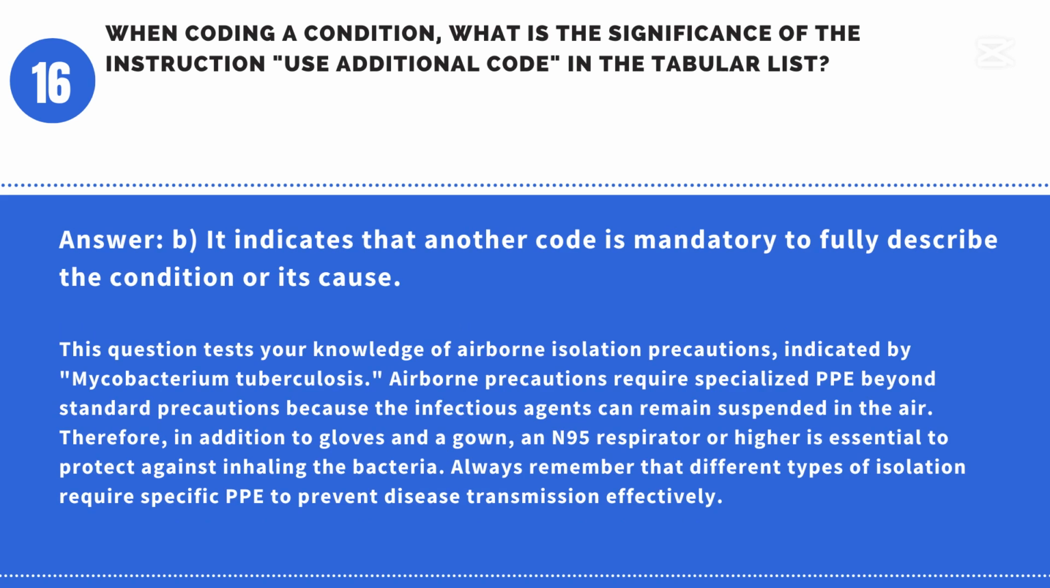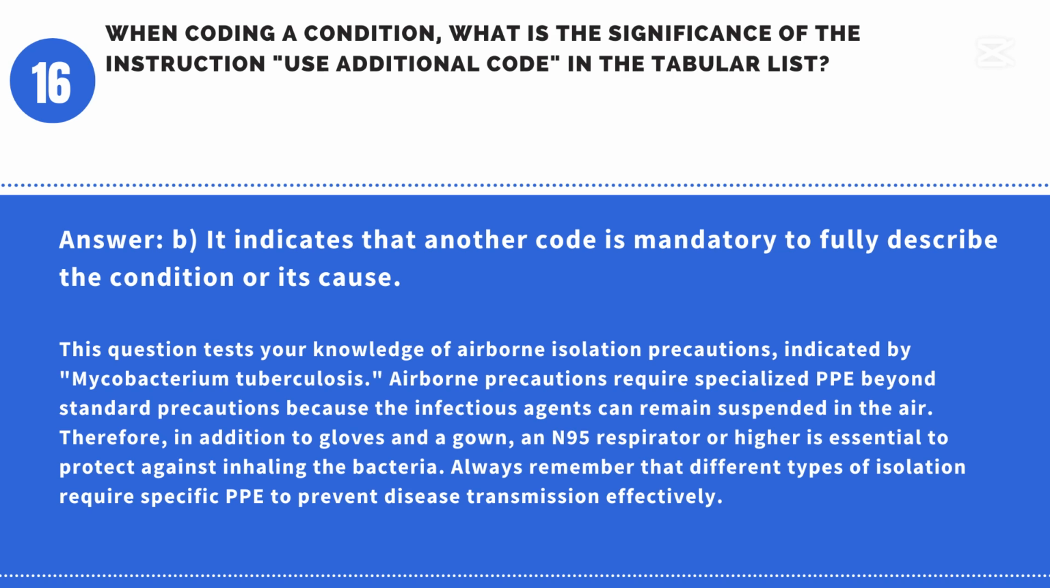Answer: B. It indicates that another code is mandatory to fully describe the condition or its cause. This question focuses on the meaning of a specific instructional note in the tabular list. The use additional code note signifies that the code cannot stand alone and requires a secondary code to provide more